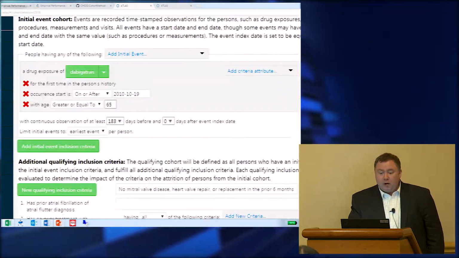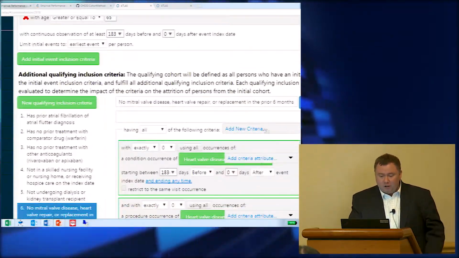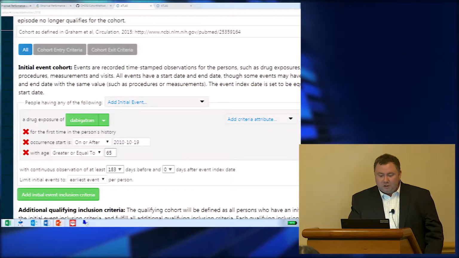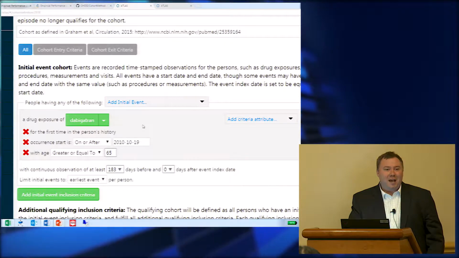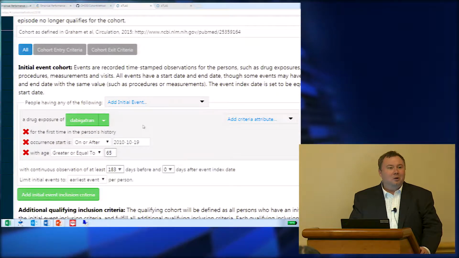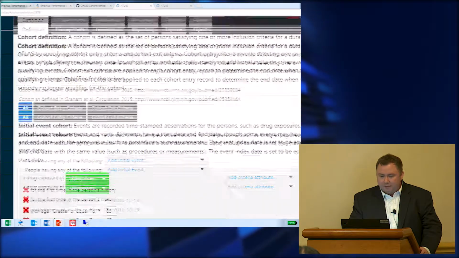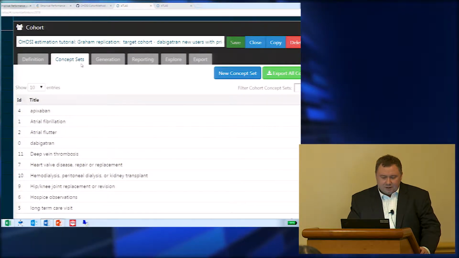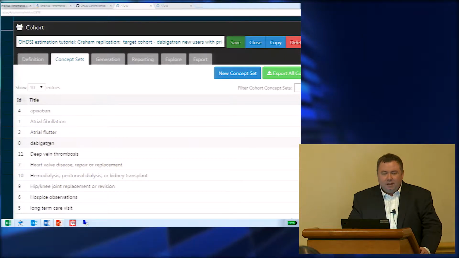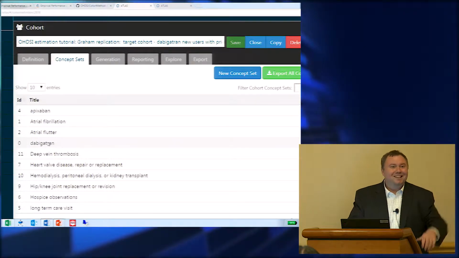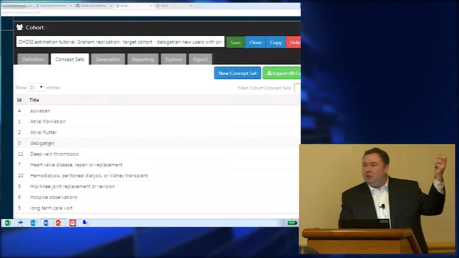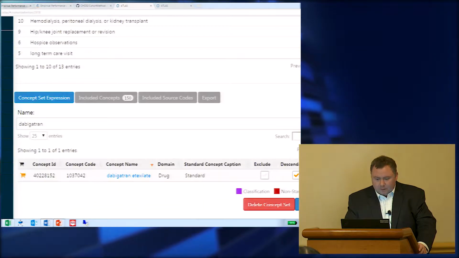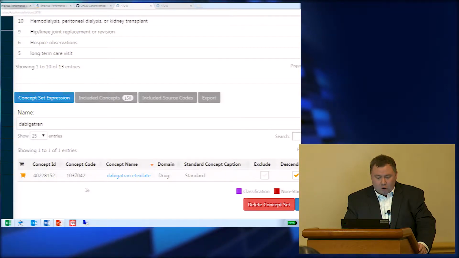Okay, so already you can see here that you've got words. Words turn into logic, but even inside of this logic there are more words. So for example, I'm just saying the word dabigatran, but we still don't have what we need to be able to define that. Inside of a cohort, there are concept sets. A concept set is the set of concepts that define the word that we just used up front. So the word dabigatran is actually the OMOP concept ID